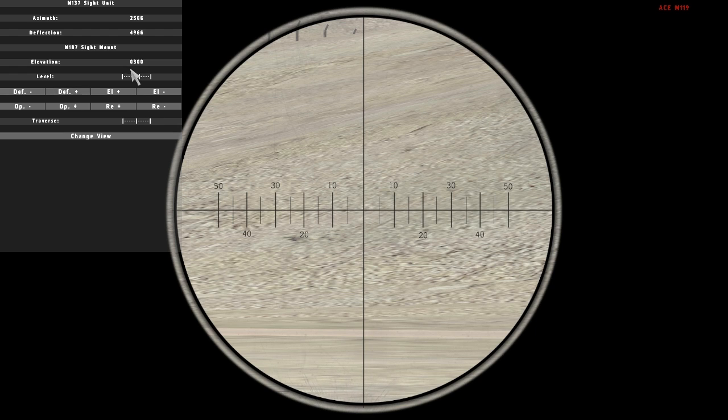And you can see now I can also set in the elevation, which is at 1096. So this is elevation plus minus. But the sighting unit is not going to change. But don't worry about that. You see that the level, if I go back again to 300, you see the level is in the middle. This is just like the small air bubble in the water scale that you use to align guns. So I press elevation plus to go to